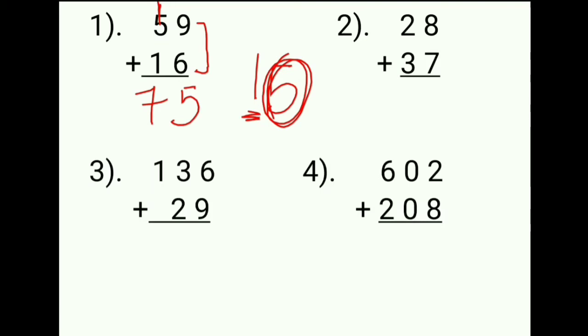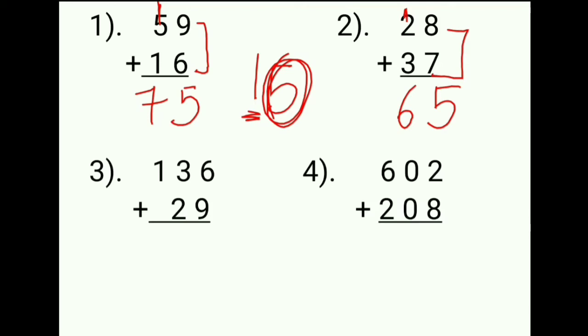Okay. Now we will shift to the second sum. 8 plus 7. Now, what is 8 plus 7? Yes, see again. The answer is coming in a 2-digit number. So we will write the ones here and the tens here. 8 plus 7 is 15. So we will add 1 carry. Now 2 plus 1 is 3 and 3 plus 3 is 6. So our answer is 65.